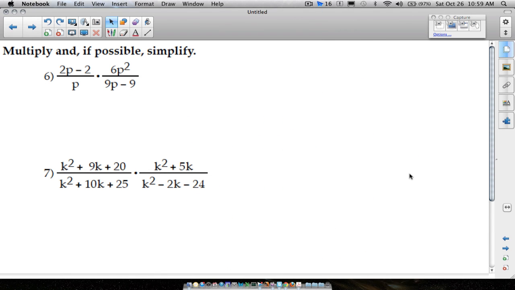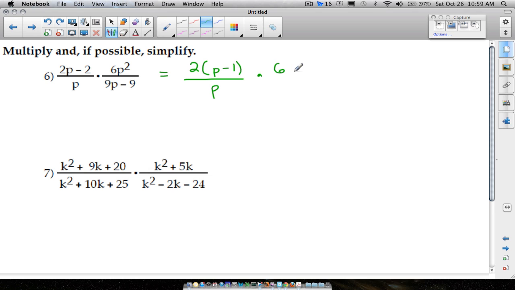6 and 7, multiply and if possible simplify. We're going to take the same approach we just did with those last 3 problems. Let's factor everything. For example, 2p minus 2, we can pull a 2 out of that. So we're left with p minus 1. The p at the bottom, I'm okay with that. Times, now you can break the 6 up if you want, but I'm just going to leave it as 6p squared. Down here at the bottom, however, we definitely can pull a 9 out of that, and we're left with